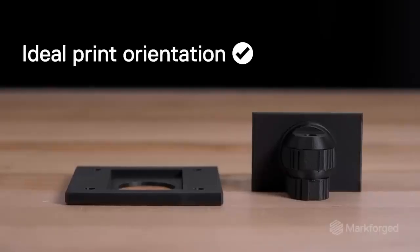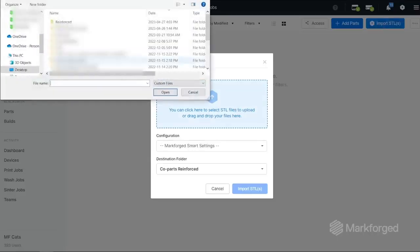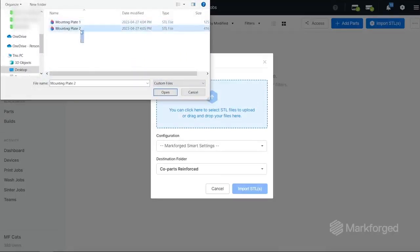So if you're not a Markforged user, just be aware of how your slicer is orienting your parts. If you're a Markforged user using Augur, you can just go to Import STLs and select your two files, or however many coparts you have,